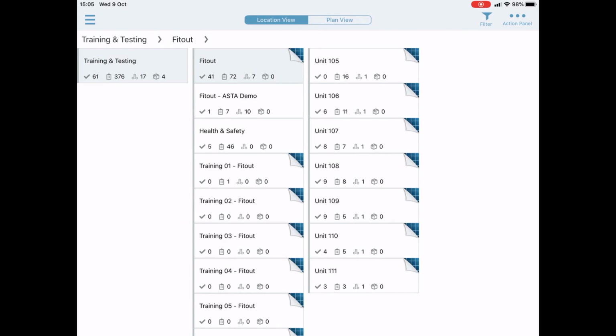The aim of this video is to show you how to add tasks, or as they're commonly known, snags, to FieldView. Before we do that, let's have a quick look at what some of the icons displayed on the folder tiles mean. These show the total number of tasks, forms, processes or assets which have been added to that location